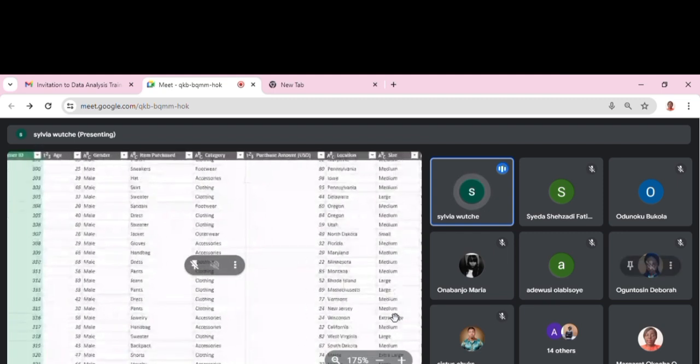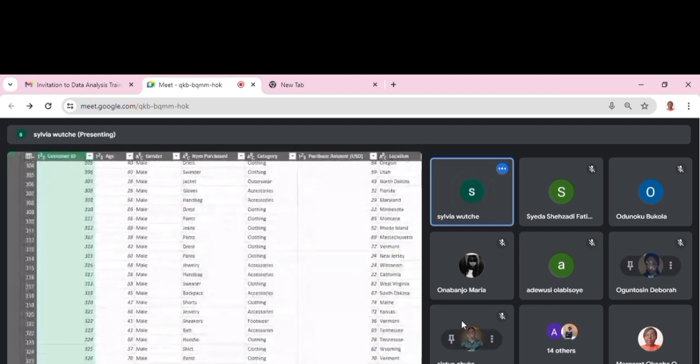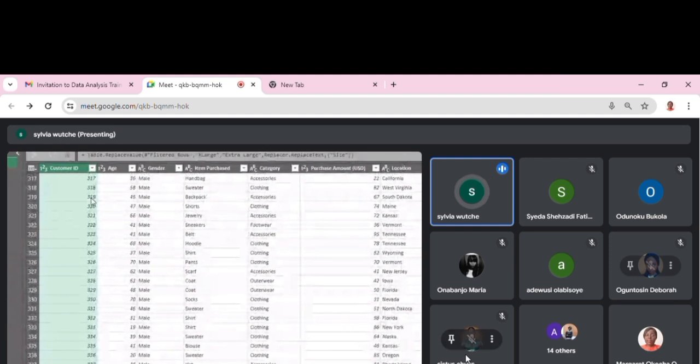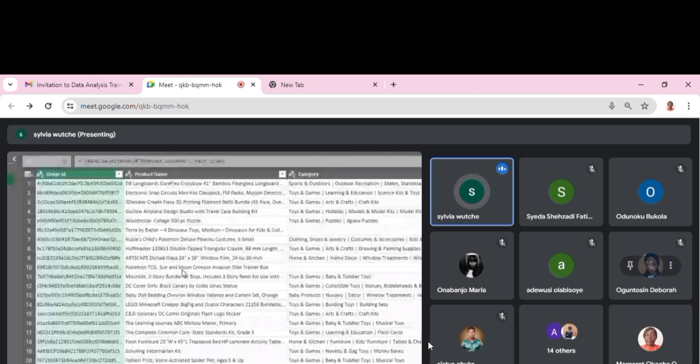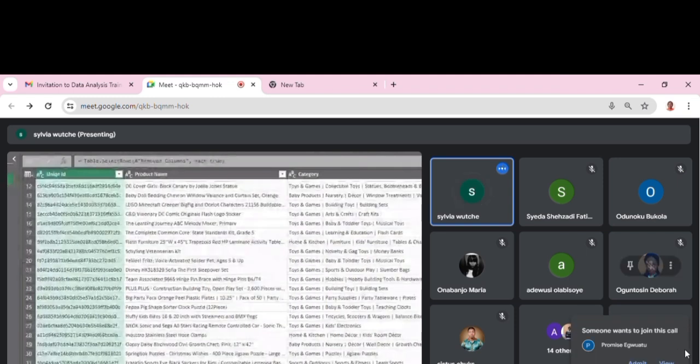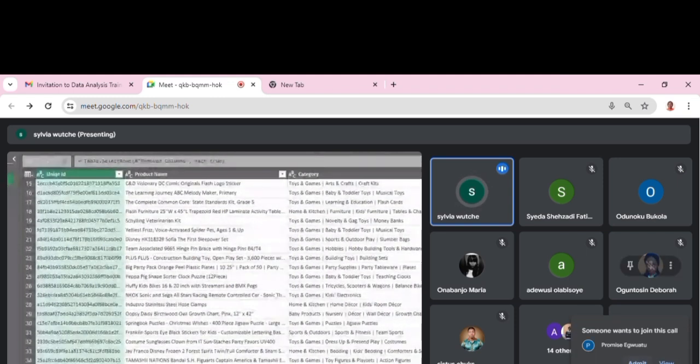Because when you look at this category on the customer table, then you go to the product details, you're seeing that you only have more of toys, clothing. Okay, let's just work with it. Okay, we'll be using the first side, so